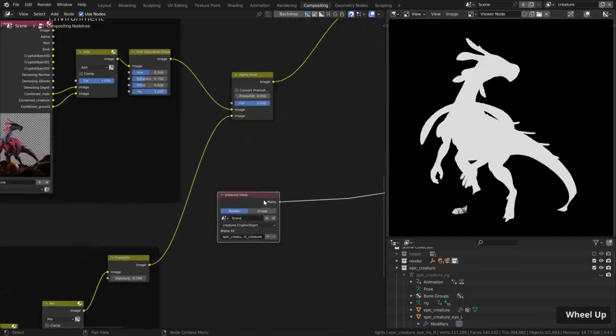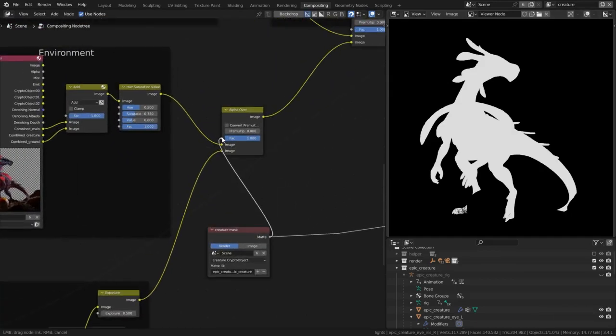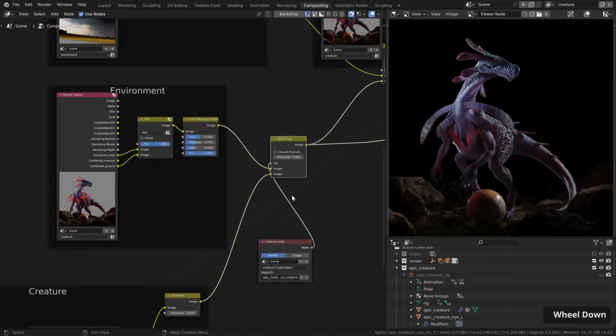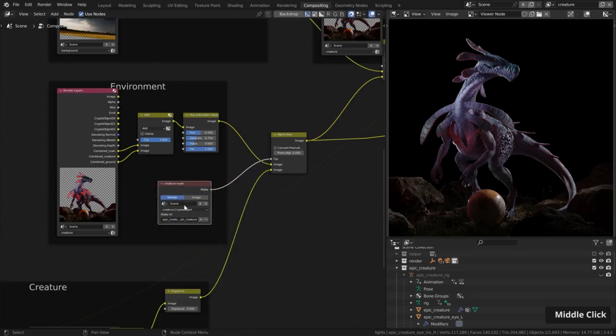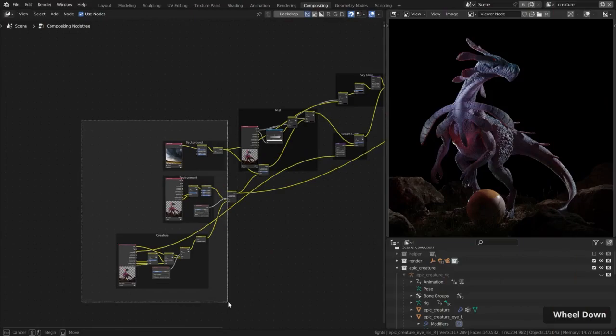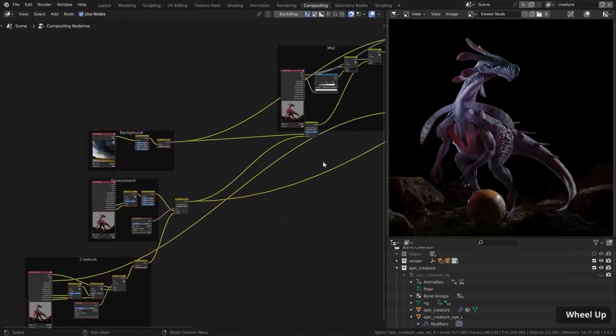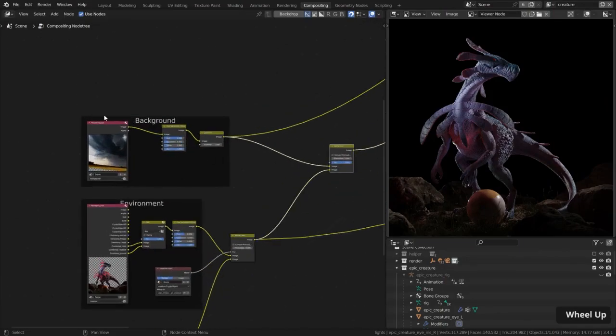And all we need to do now is to plug this mask into the mix factor of the alpha over node. And now, as you can see, we have this thing only affecting the ground and this stuff only affecting the creature. Let's move this into the environment frame here. So let's move this stuff a bit over to the side,